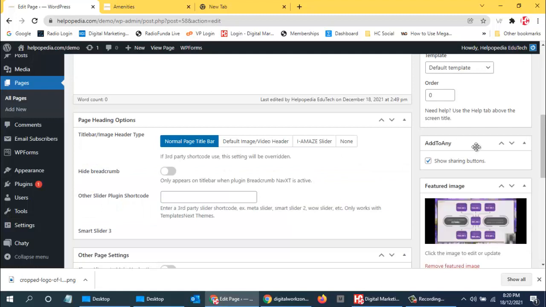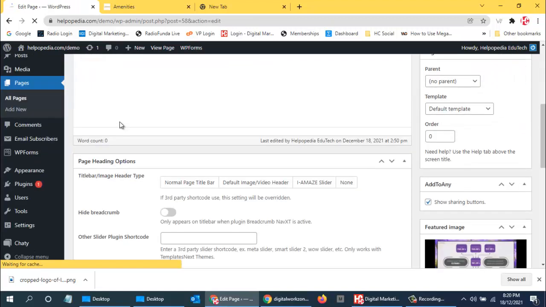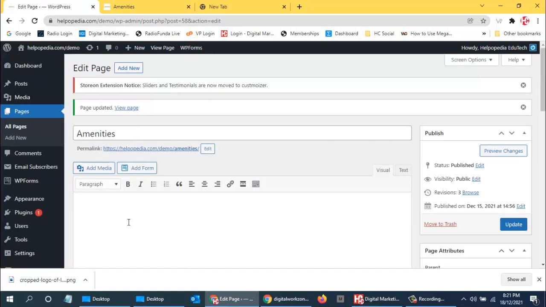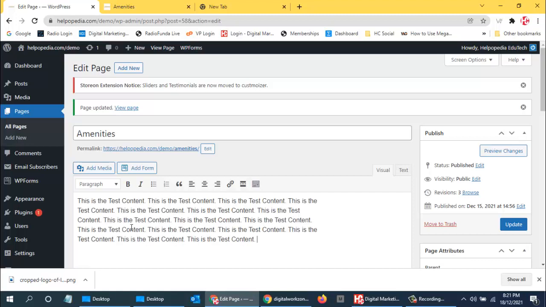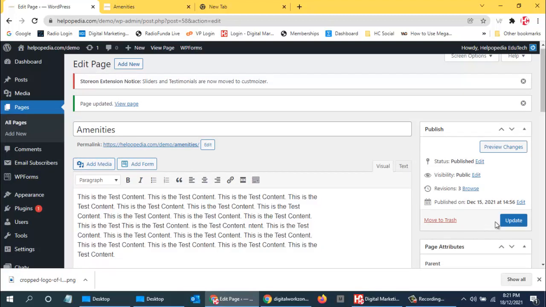Then I can just update it, and maybe I can write, okay, this is the test content. Suppose this is the paragraph, and now I update it, and now let us see.